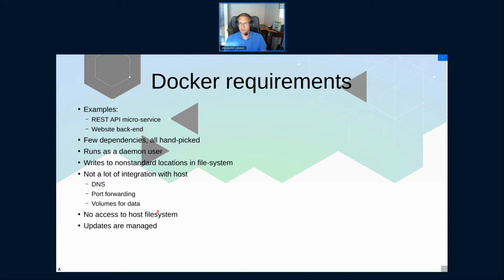Generally, containers are also produced by the same people that run them. And it runs as a daemon user. I mean, it might be running as root in the container, but not root outside. But it's not like a regular actual person user. So it has all sorts of privileges in the system. It writes in var log and whatnot.